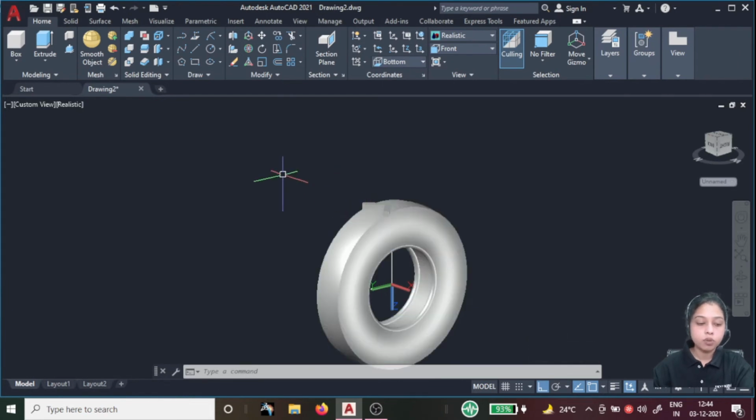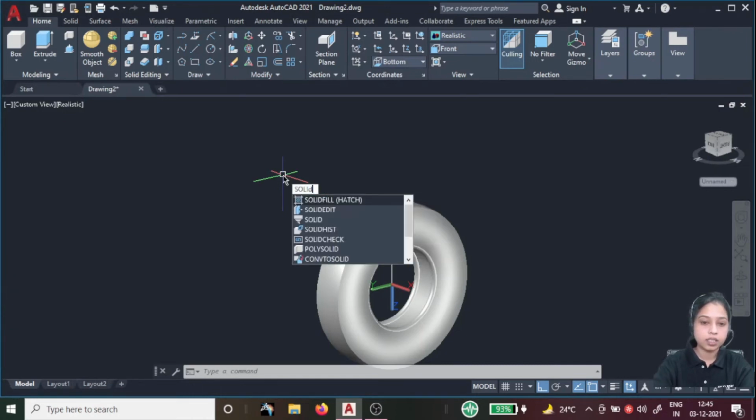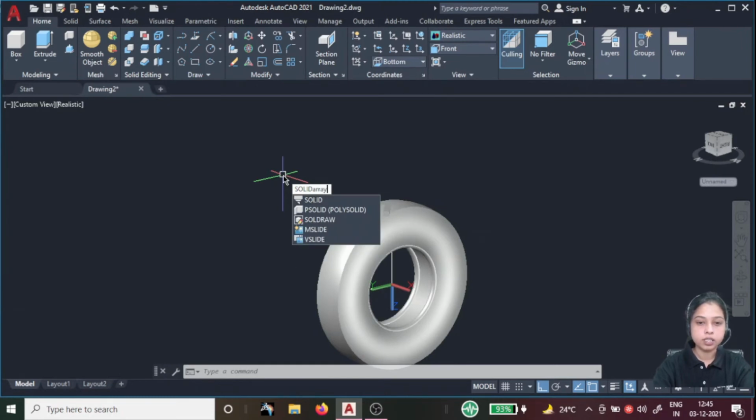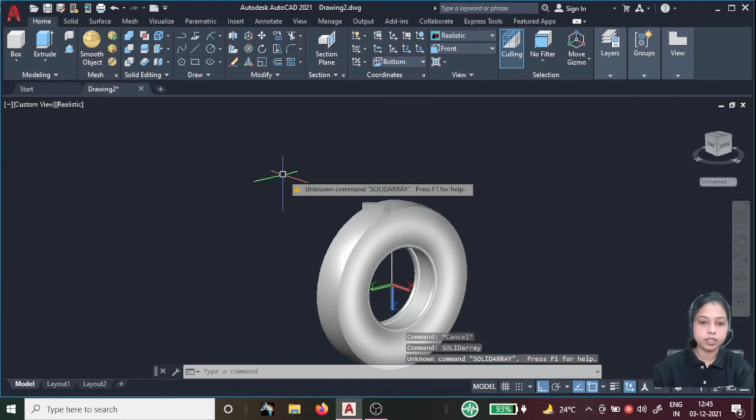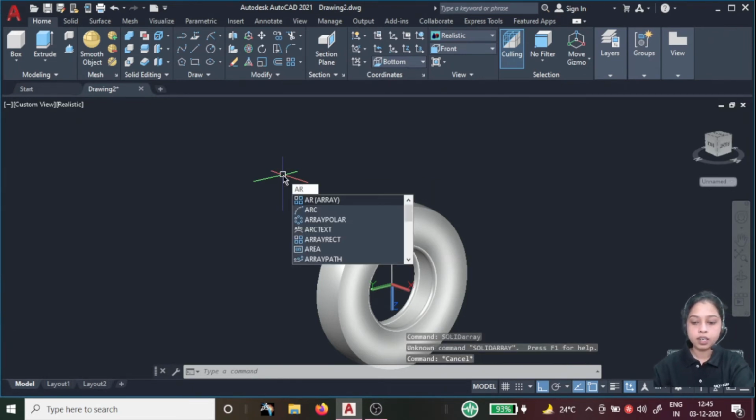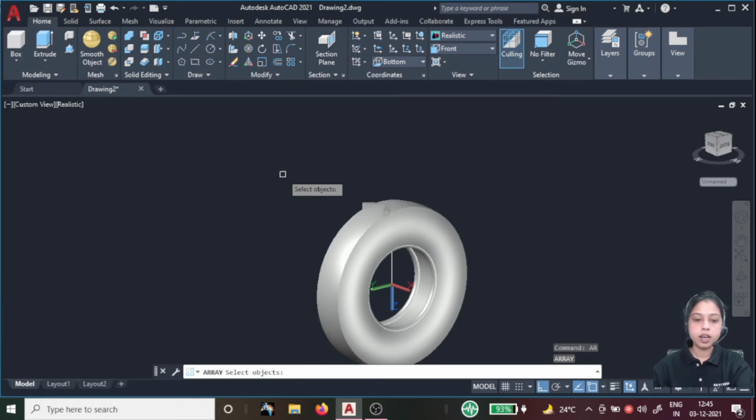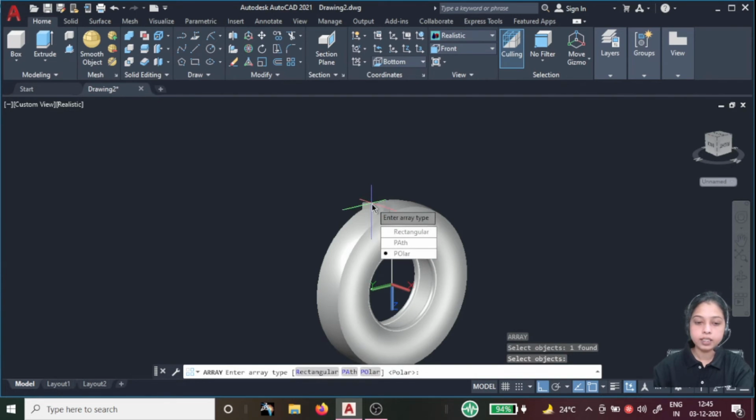So for that, go for the solid array. SOLID, ARRAY, enter. AR, enter, array, enter, select the object, this one, enter.